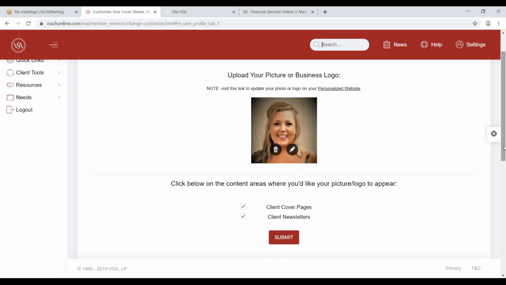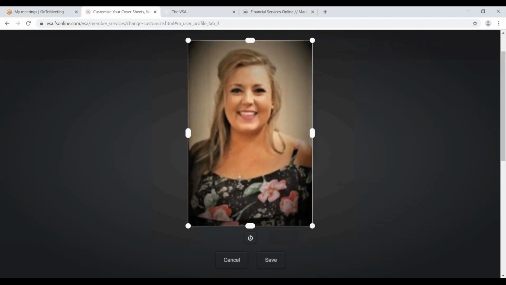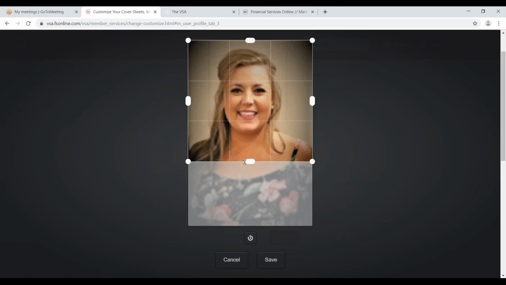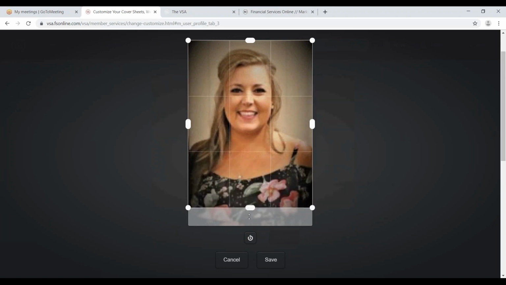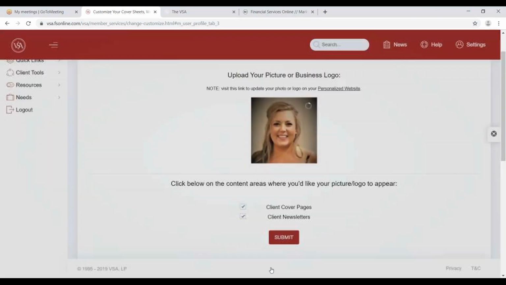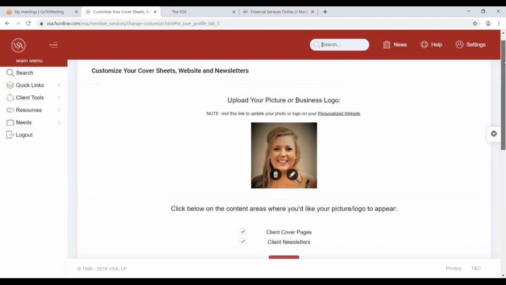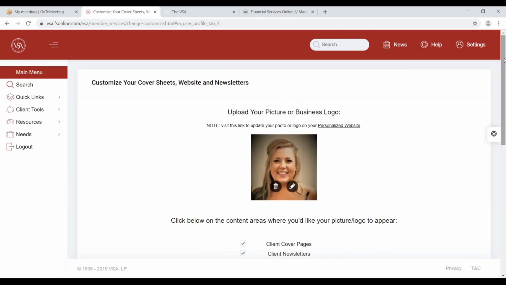All right. If you want to edit the photo, you will click edit here. It will bring up that photo. It is a free-forming piece, so if you want to crop it, you can. You don't have to. It's completely up to you. Then you'll hit save and then hit submit. So there are two save buttons to do that. And that would change the photo on your concept pages and your cover pages, at least for client newsletters and